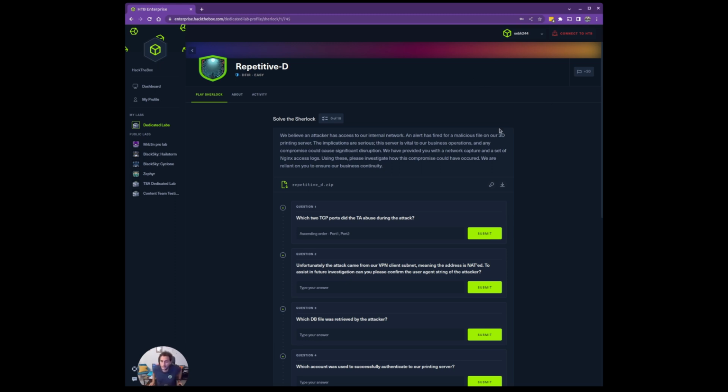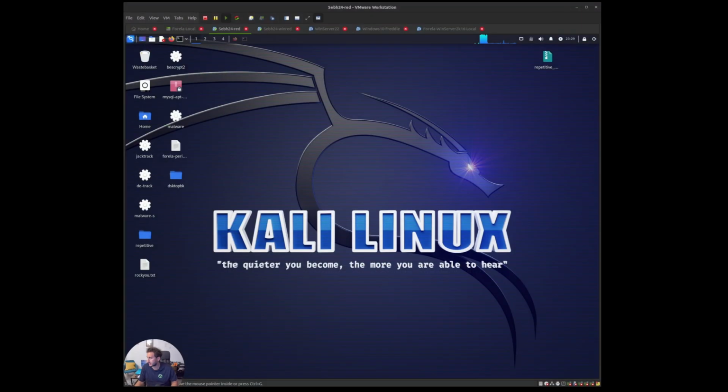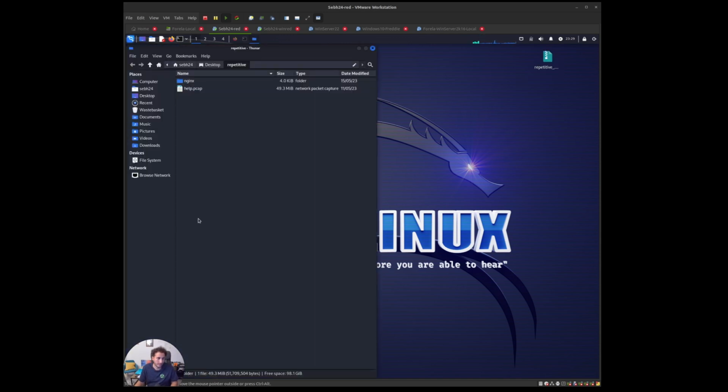Okay, all good. So some additional information here. We can see we've added network capture, so packet capture or PCAP, and some HTTP logs. If we switch over to our analysis machine, we're using Kali for this today. You'll see here we have the zip file. I've already unzipped it though. As you can see within here we have our Nginx directory, where we have,